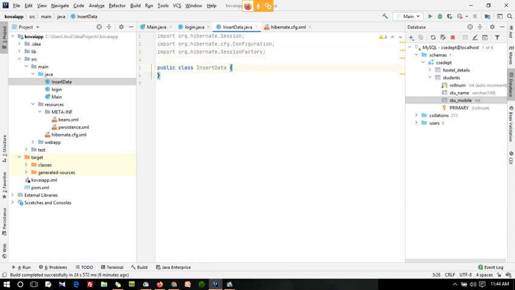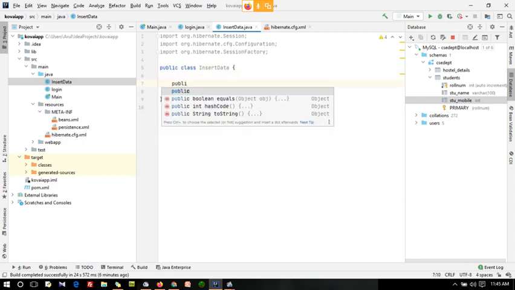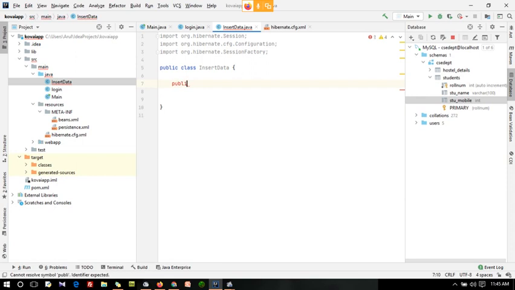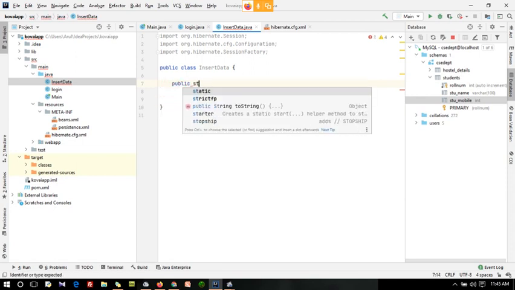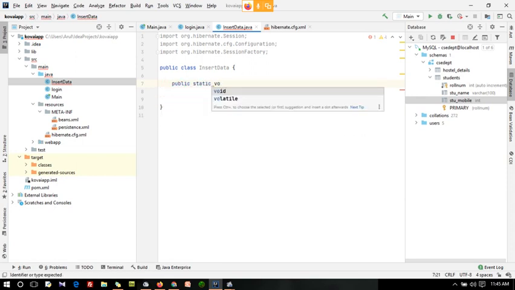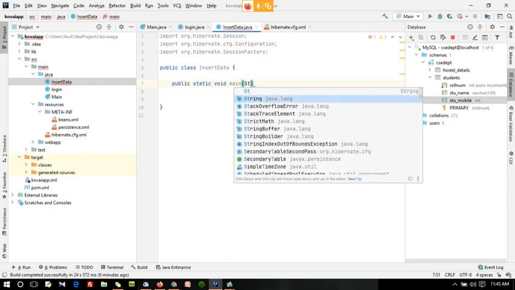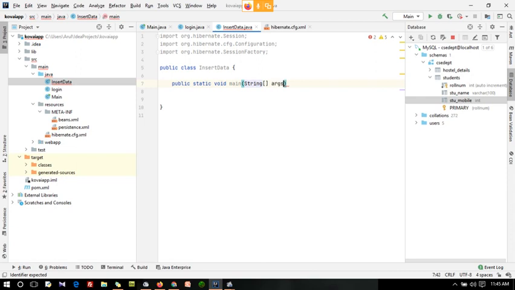And guys, inside the class, I can create a public static void main String args.